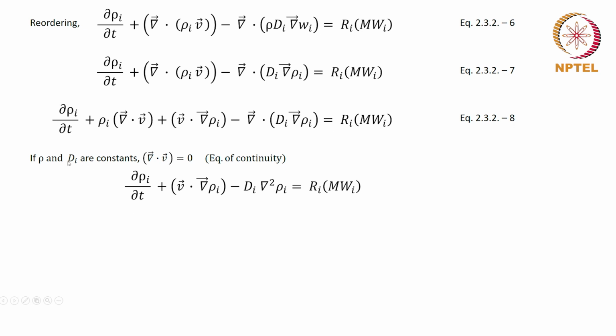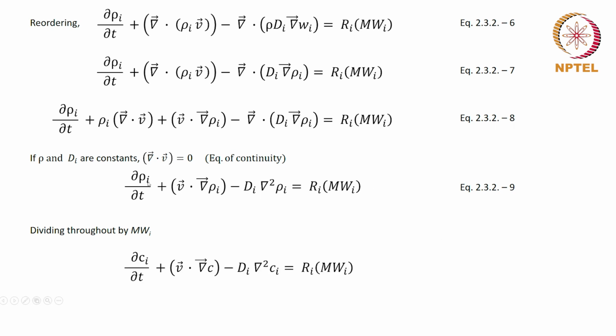Therefore, this equation reduces to, under these conditions where rho and D_i are constants, ∂rho_i/∂t plus v dot del rho_i minus D_i, which is a constant, times del dot del, which is del squared, that is ∂²/∂x² plus ∂²/∂y² plus ∂²/∂z². If you are uncomfortable with it, just go and check the appendix in the book. It would give you how those things come about. Equals R_i times the molecular mass of i. Equation 2.3.2-9. And now if we divide throughout by the molecular mass, we get the density divided by the molecular mass,